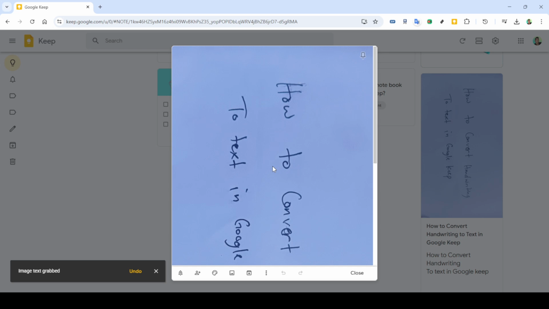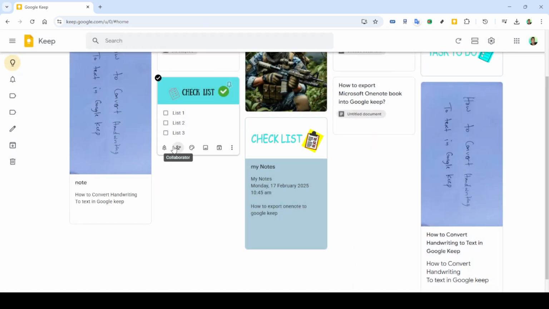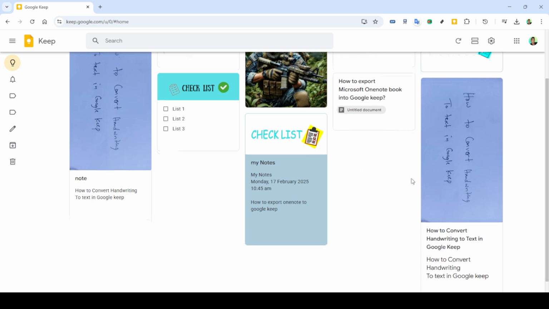You will need to click on the More Options menu, often denoted by 3 vertical dots or lines. In this drop-down menu, you'll find the option to grab image text. Click on this and Google Keep will automatically scan your uploaded image and convert the handwriting into editable text directly within your note. After the image is